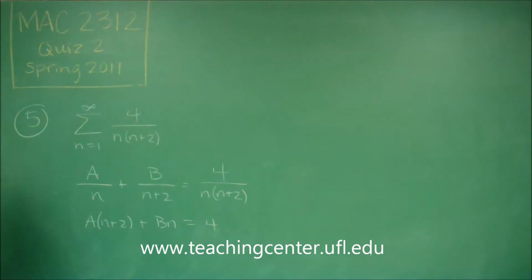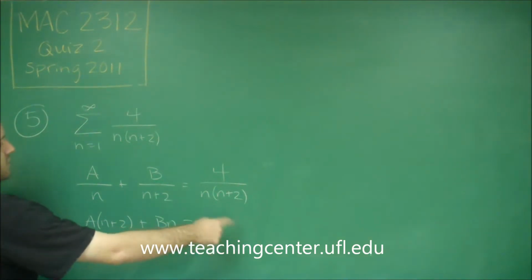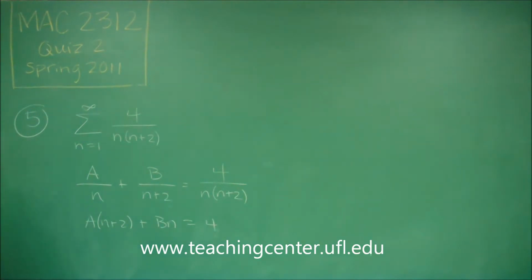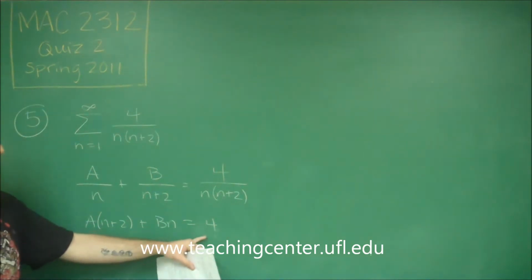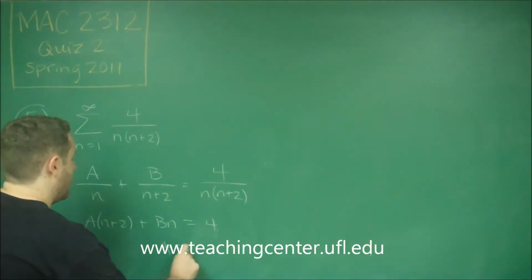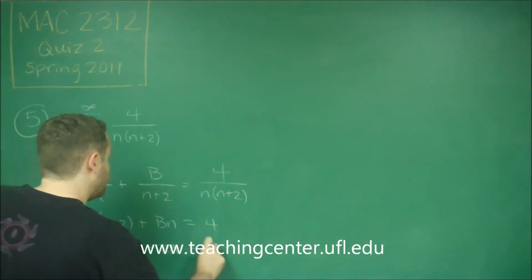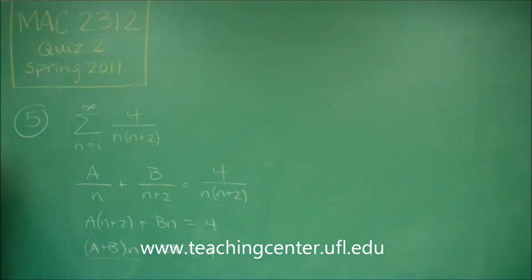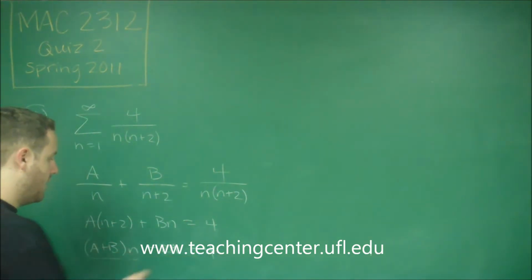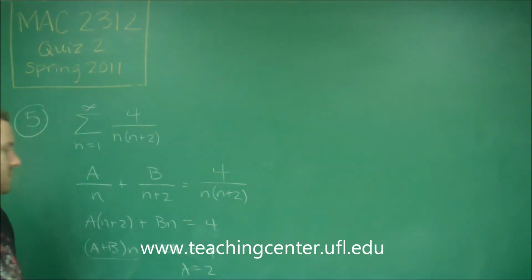You can see here that you have an a n plus b n. You don't end up with any n's in the numerator, so those definitely have to cancel out. The only way that you could possibly get a constant here is a times this 2. That has to equal 4, so thus you get a equals 2. If you prefer, actually let me write that group so it's easier to see. a n plus b n, you want to write instead as (a plus b) n, and then you have plus 2a. So you can see here that this term right here should be 0 because you don't have any n's over here. But this term right here must mean that a equals 2, and then if this term has to be 0, if a is 2, that means b has to be